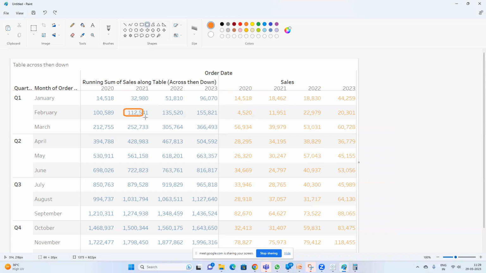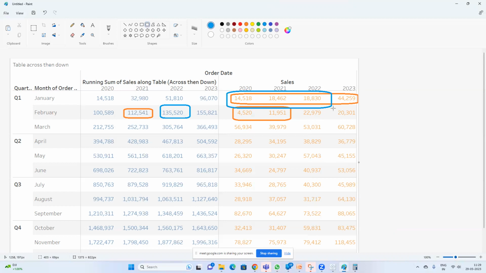Okay, so if I want this value, it will be the sum of these four and these two. So the previous values will also be added to this one. Okay, so now can anyone tell me what will be the value of this one? Rakib, can you? Yeah, perfect. So this will be your total, this sum